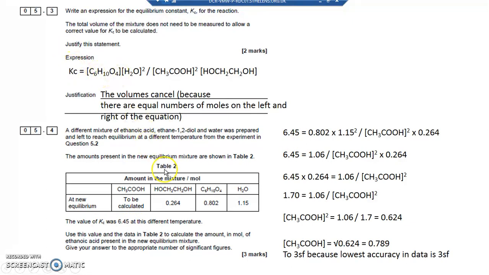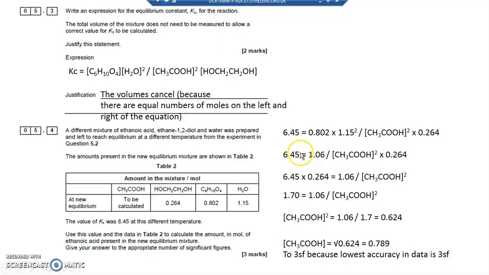I've got the concentration of the diester, 0.802, multiplied by the concentration of water squared, 1.5 squared, divided by the CH3COOH concentration squared, I don't know that one, and multiplied by 0.264, which is the concentration of the ethane-1,2-diol on the bottom. If I multiply this out then, and I then